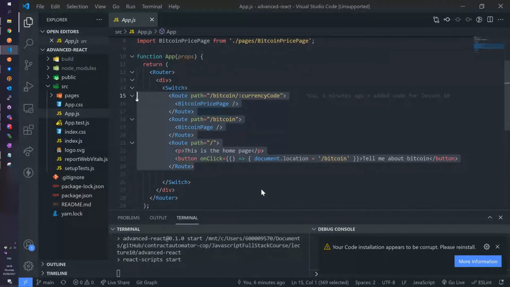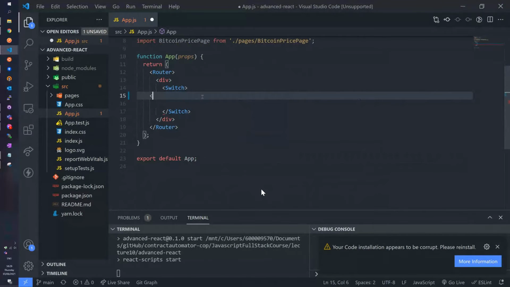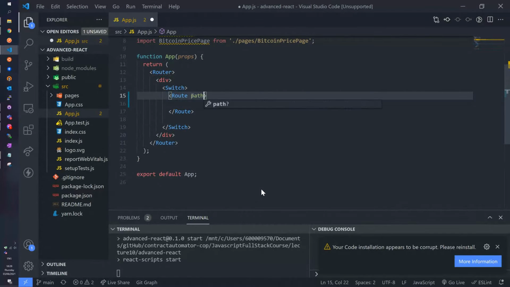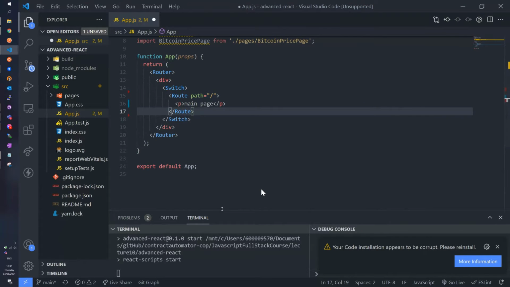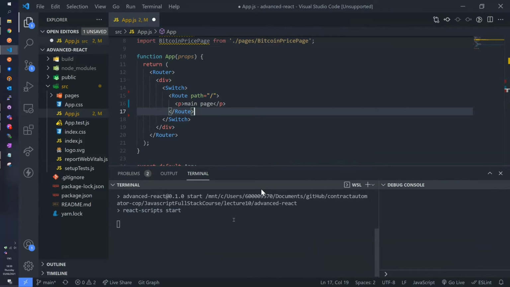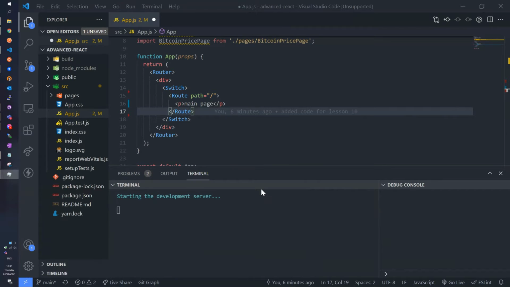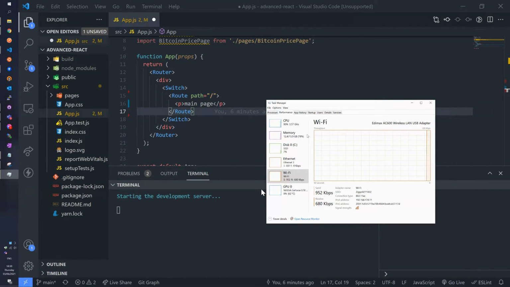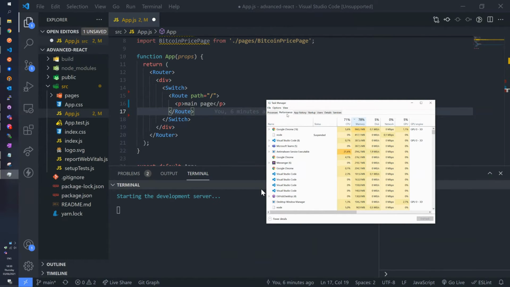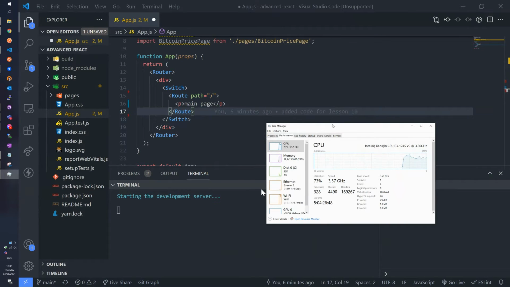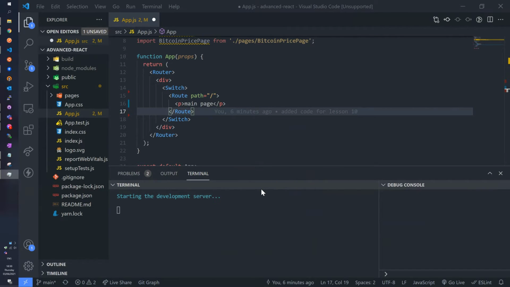So we're going to remove all these routes from here. Yeah, I think I'm having some issues here. Yeah, I don't know. For some reason, this computer decided to be slow today, so we'll just have to deal with that.